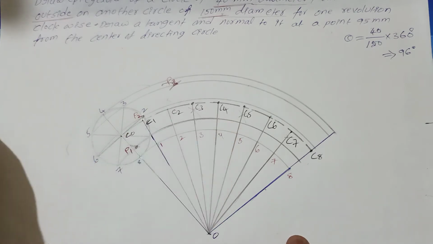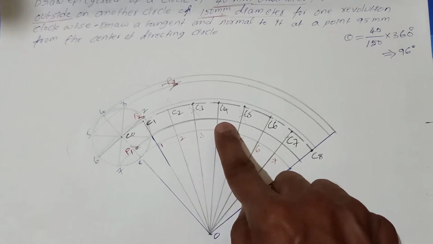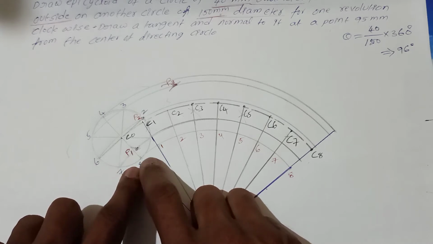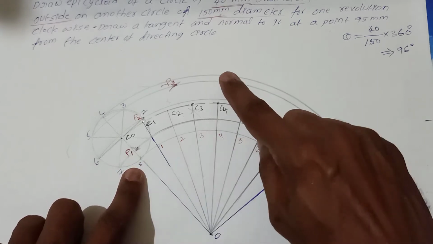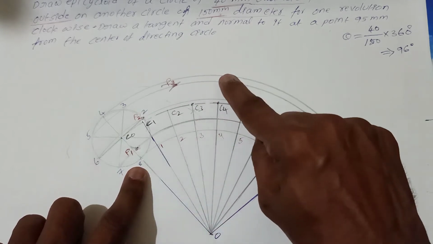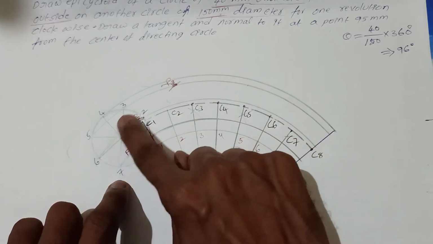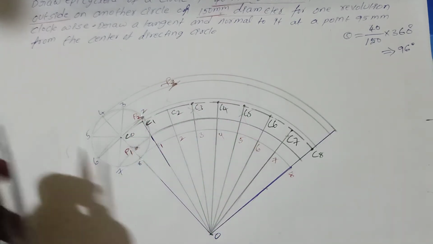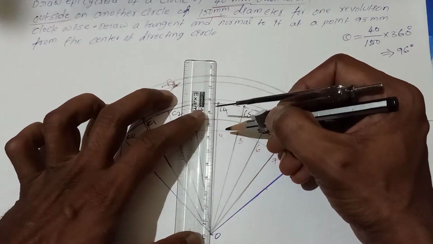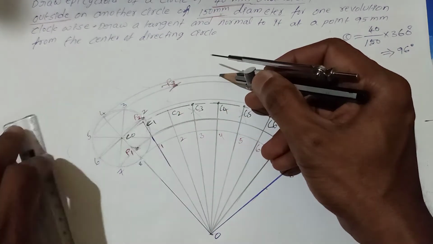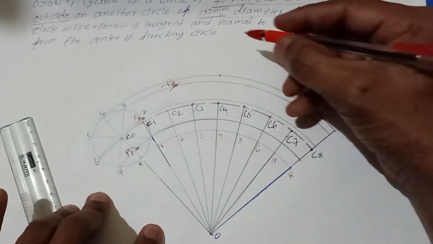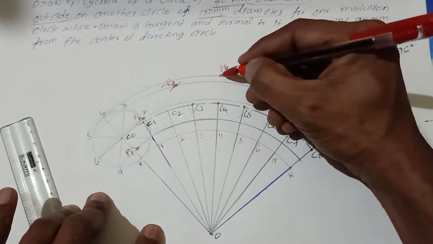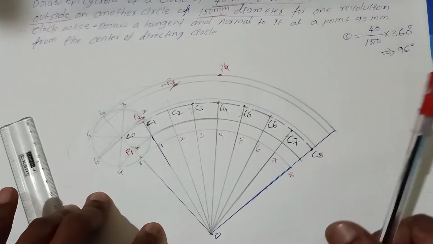Coming to C4, C4 is the center point. You know that we are tracing the path of the contact point. After half revolution, this contact point will be at the top. So directly you can indicate this top point. Exactly through C4, the point above is P4. Even if you draw the curve, this curve will touch here. So that will be P4.